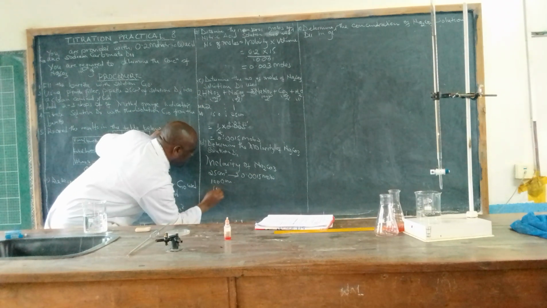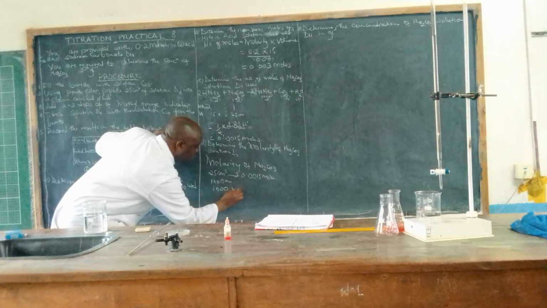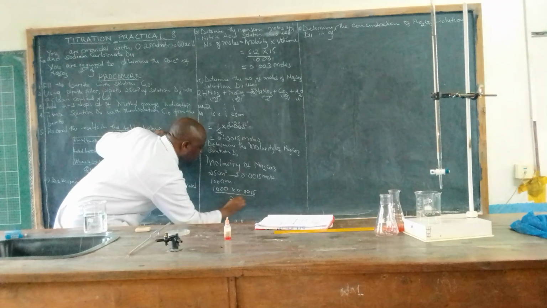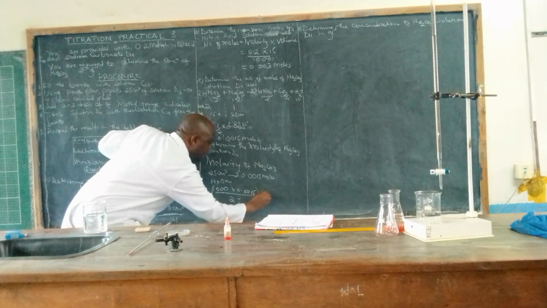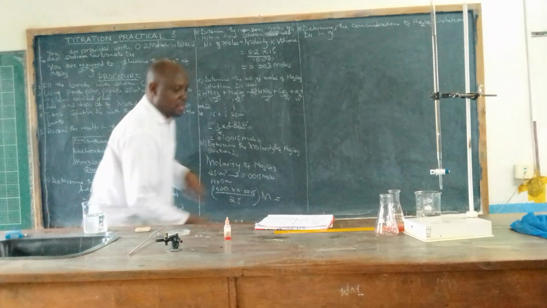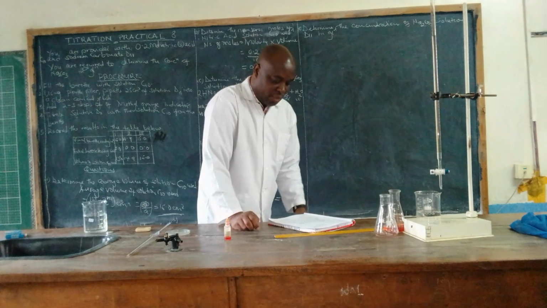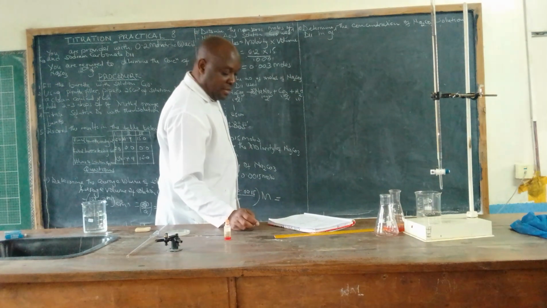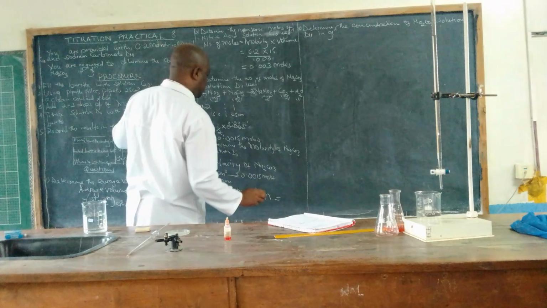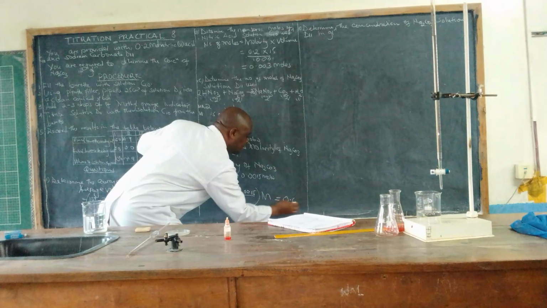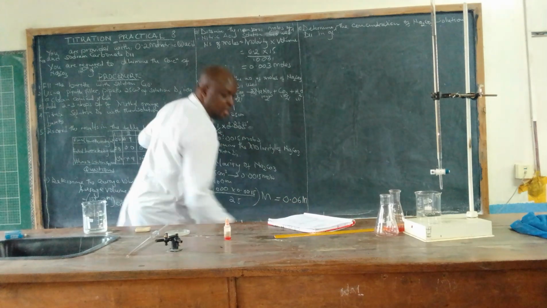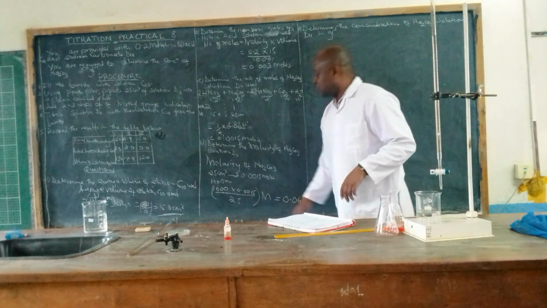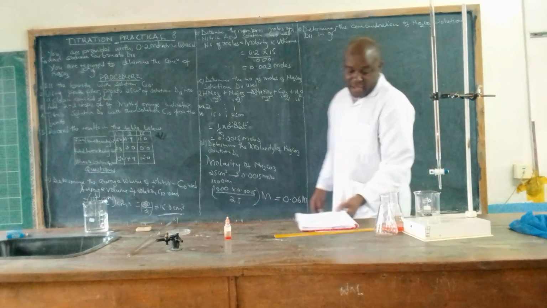So we are going to take 1,000 times 0.0015 divided by 25. All this is the molarity, which is going to give us, if you do your calculations properly, something like 0.06 M. If I'm not very wrong, according to the calculations here, if you just do your calculations properly, you will find something of that nature. Last but not least,